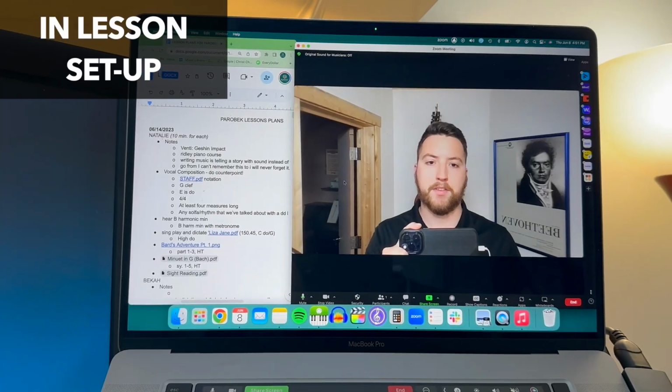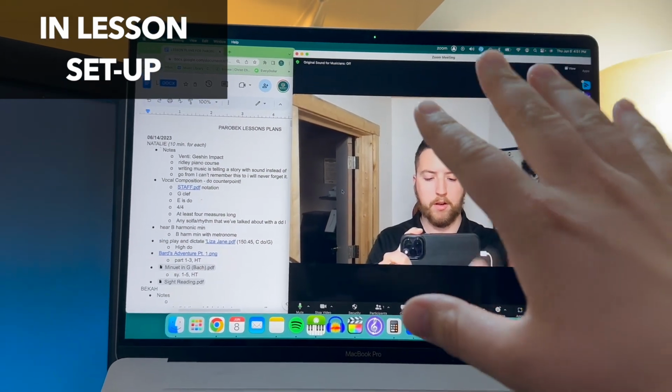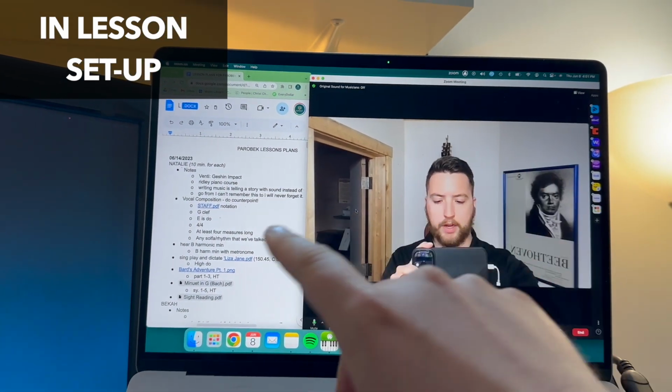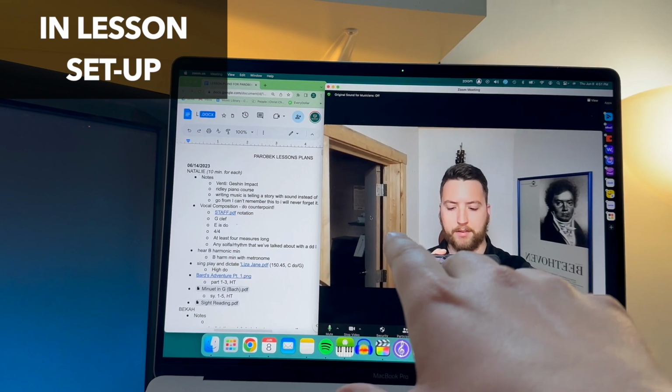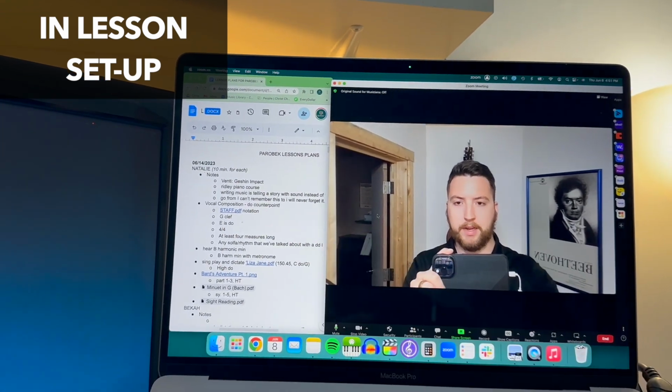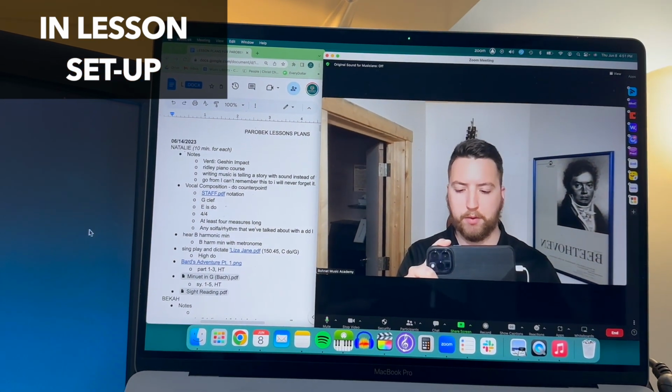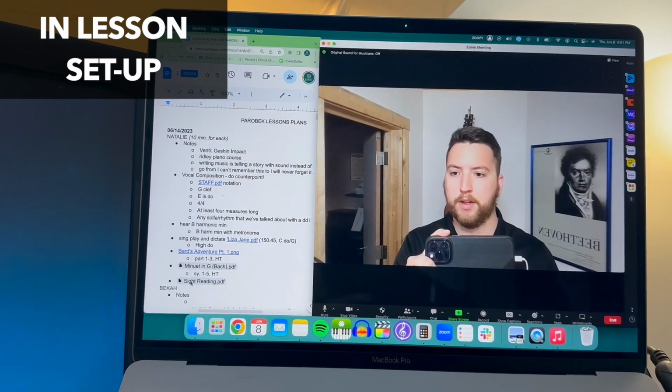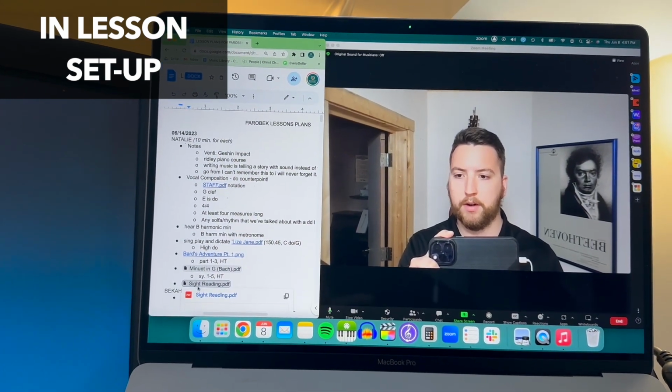In a lesson, this is typically what my setup will look like. I'll have my screen over here, and then I'll keep these lesson plans here that I can just easily peek at. Now, one other screen sharing thing you want to be aware of,